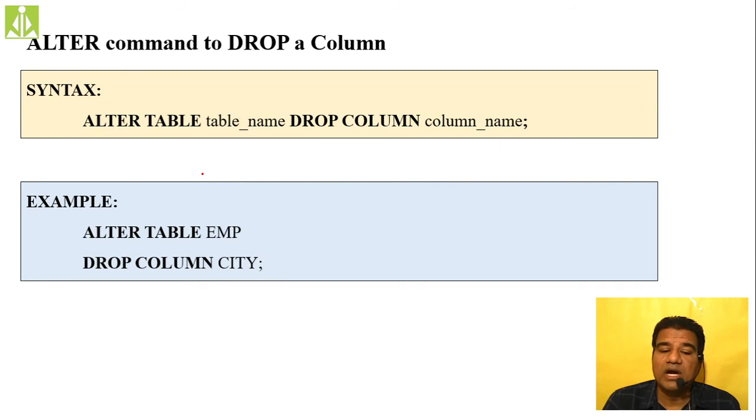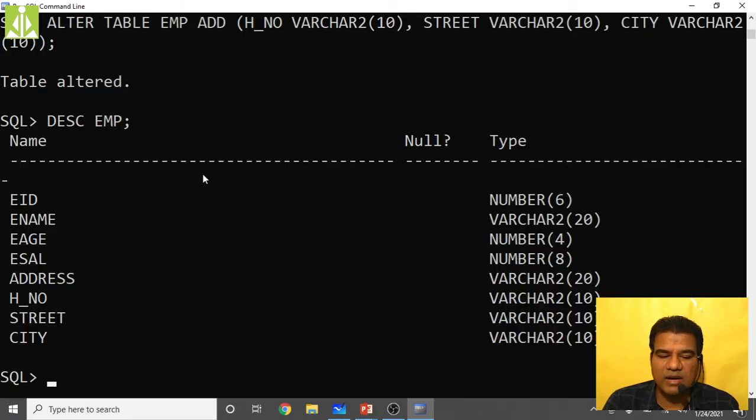Okay, then dropping, removing columns from an existing table. So now how many columns do we have here? We have multiple columns like address, house number, street and city that I have added. See, for already existing columns we have the entries like EID, ENAME, EAGE, ESalary. But for address, street and city, we don't have any entry. So if you do select star from EMP, it will list.